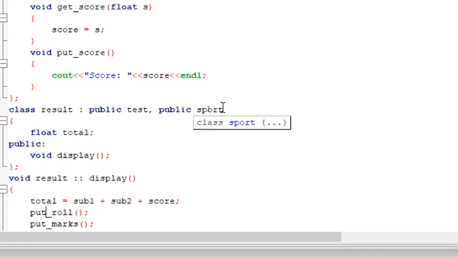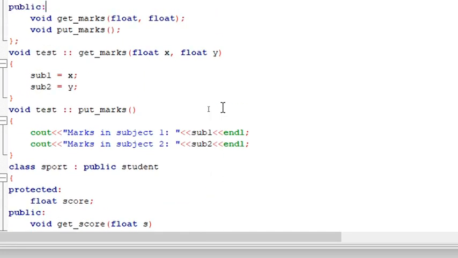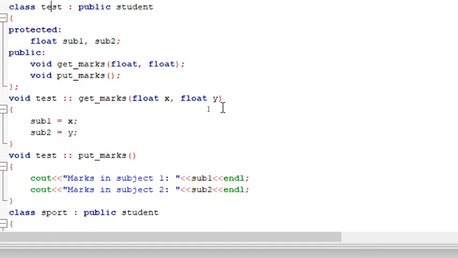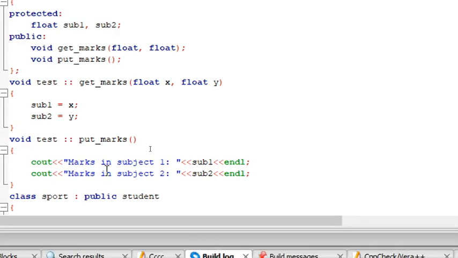To avoid this ambiguity, I am asking you to introduce a term called virtual. So here I'm introducing virtual public student. I'm introducing the keyword virtual public student. The same way here also you have to use virtual public student, or you can use public virtual student. Anywhere you can use virtual, at the place where you're going to inherit the base class, either virtual public student or public virtual student. Both ways are going to be accepted. Now we don't have any ambiguity. The program will easily understand how it should be inherited.